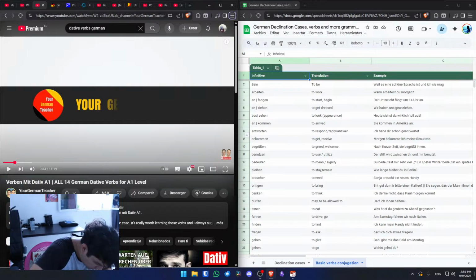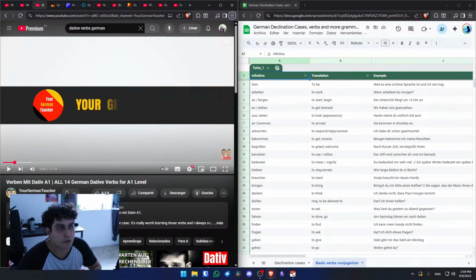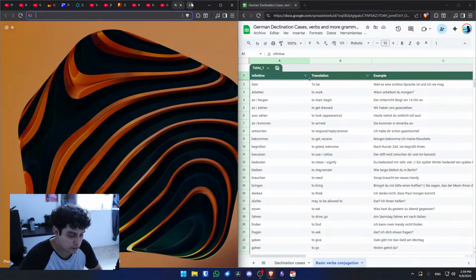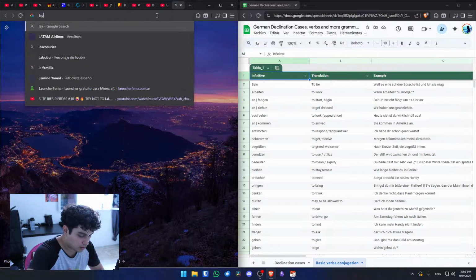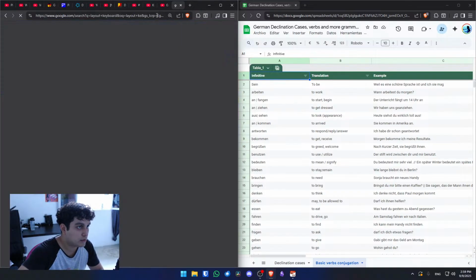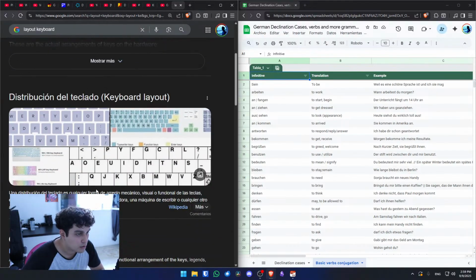Alright, so this should be right here. There you go. And now wait, what is the layout? I think the layout was quite good, like it was correct, but I think I messed up. Layout keyboard English.